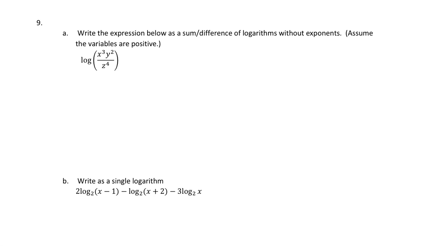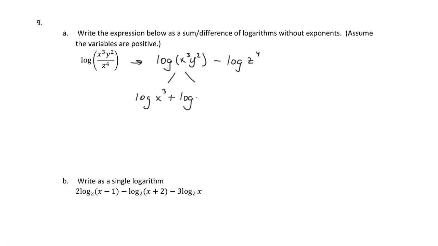Question 9, part A here, we're expanding this logarithm into multiple logarithms. So we have a quotient, meaning a fraction, so we need to separate the numerator from the denominator. That's done with subtraction. So it's going to be log of the numerator minus log of the denominator. Now we have a product here, x cubed times y squared, so that needs to be expanded now using the product rule. So log